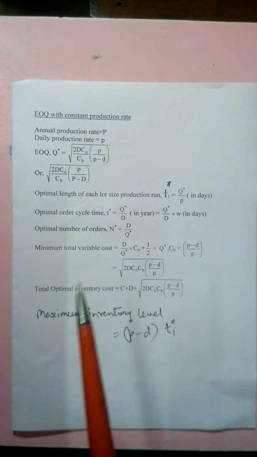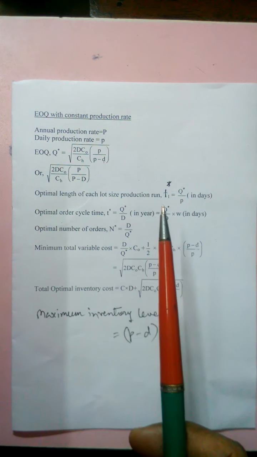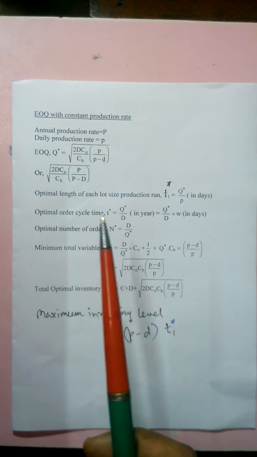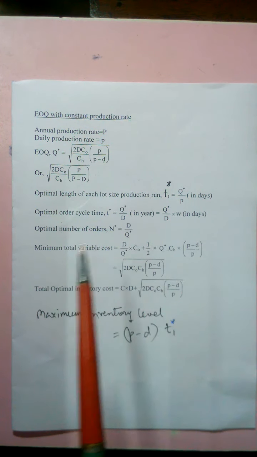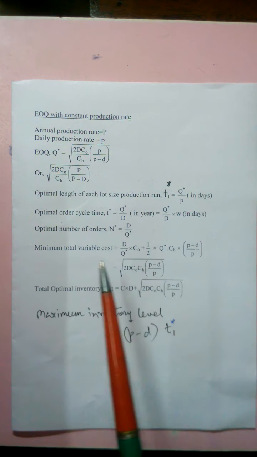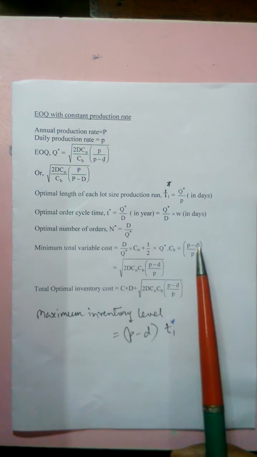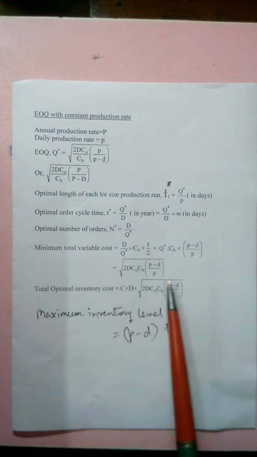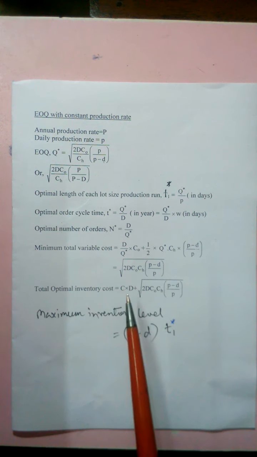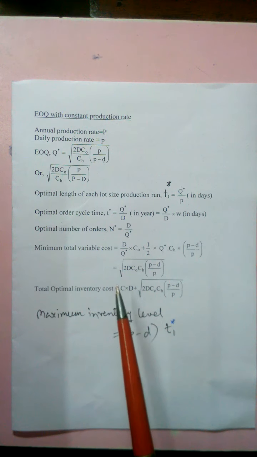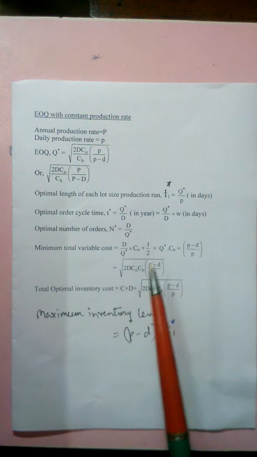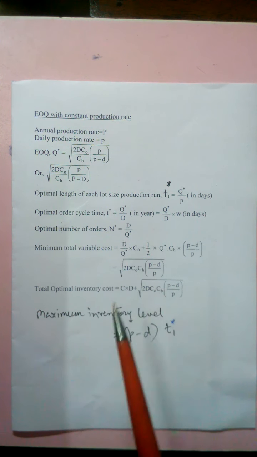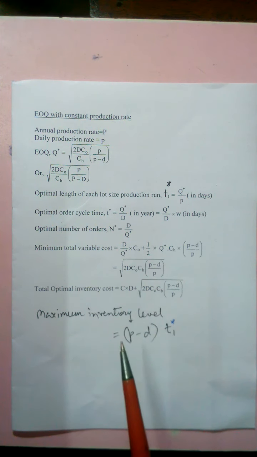The concept is the same here because we are producing. Then the time of production run, and then we get the order cycle: the time lag between one order and the next, which we build up with the help of production. Then the order size, and then cost. We can use this one, but it is easier and quicker to do it another way. Then the total optimum cost, adding the total cost, but it is very rarely given. So mostly we take the cost of the production run, this EOQ cost, and then the maximum inventory level we maintain, which is P minus D into the time of production.